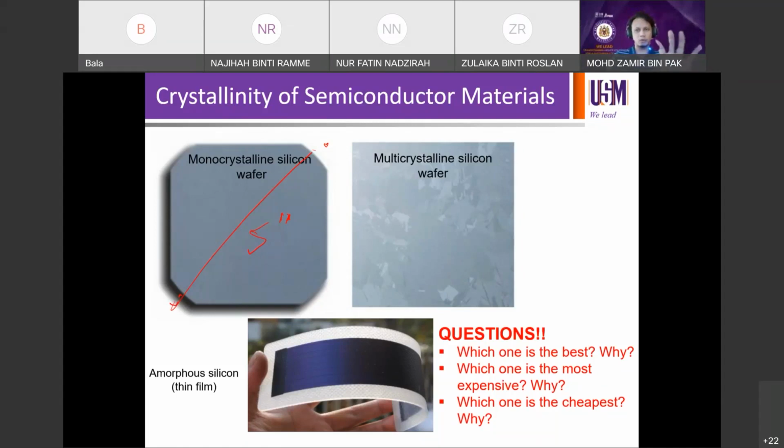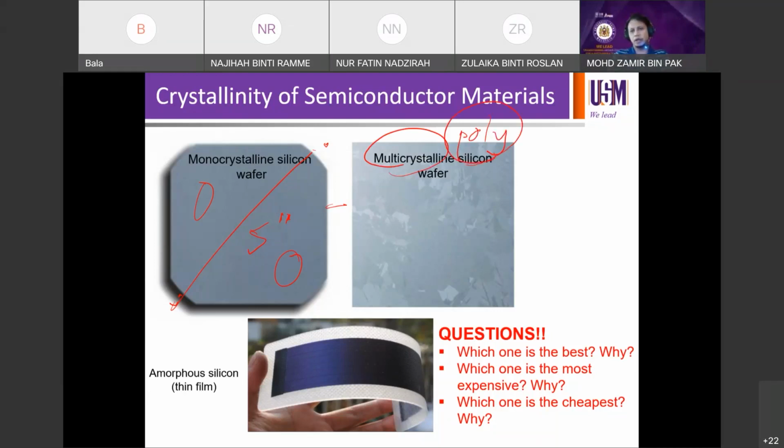There is no difference in colors here and there, and there's no certain shapes that you can see with different features. The whole surface of the wafer is uniform, right? You cannot see any color difference. On the other hand, if you go for the second wafer, this is called multicrystalline or poly. Poly dengan multi sama,